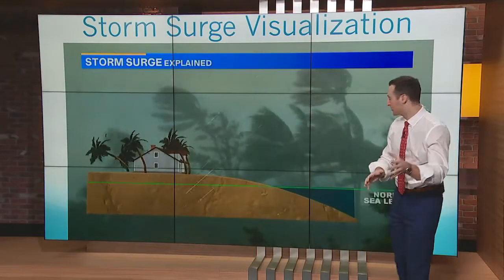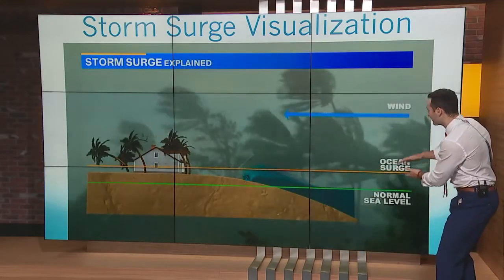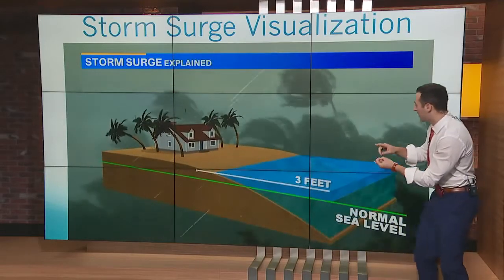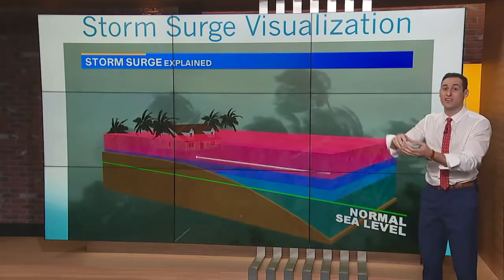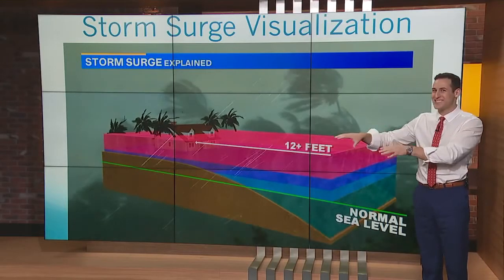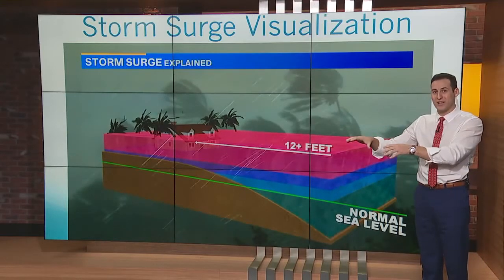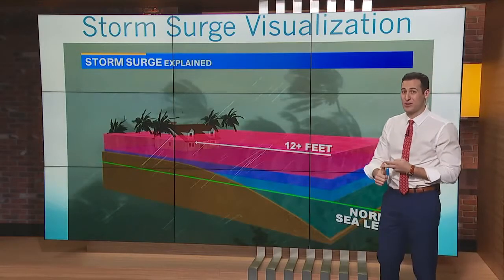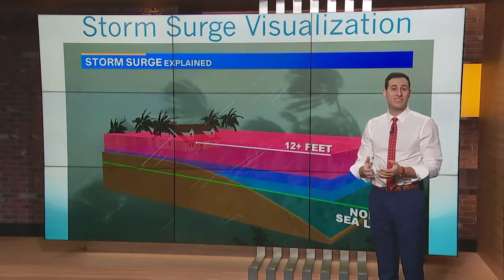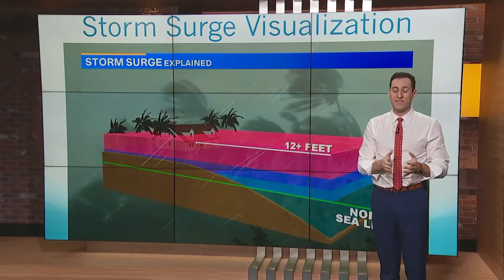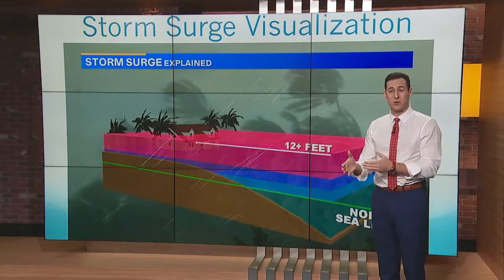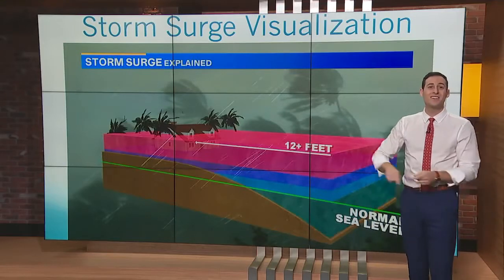There's something called storm surge. So you have your normal sea level, and ocean surge is moving ocean water onto land. It goes up by 3 feet, then 6 feet, could go up to 12 feet, and you could see how things get bad really quickly. So when it comes to storm surge, this floods your home. This moves everything around. This damages cars, damages property, and this is often the deadliest part of a hurricane. So when it comes to hurricane and you're on the coastline, you want to go further inland to avoid something